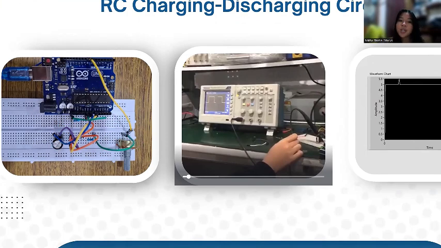First, for charging, 5-volt voltage flows through the potentiometer and resistor. The capacitor starts charging and the voltage begins to rise exponentially while the Arduino reads this voltage at A0. And for discharging, as the resistance changes, the capacitor releases its charge, and the voltage drops exponentially. This change is recorded as transient data.